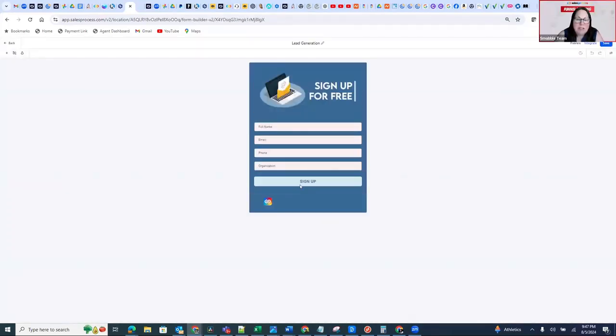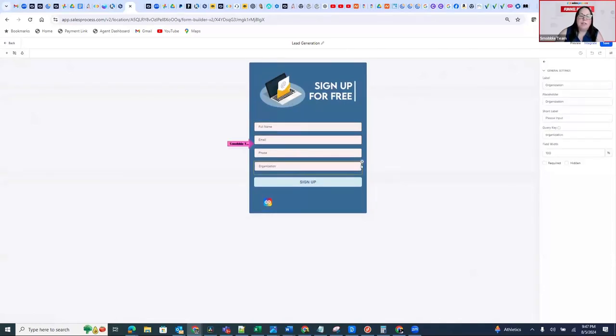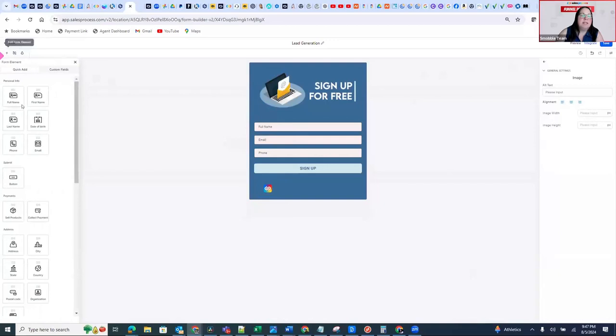Then it'll open it up here, and you can edit any of the fields or add more. If there's a field you want to remove or add to, you can do that. You add fields over on the very left-hand side. There's a plus button, and that's how you add the different elements to the form. You just drag them over. So this you can change? You can change this, yeah.